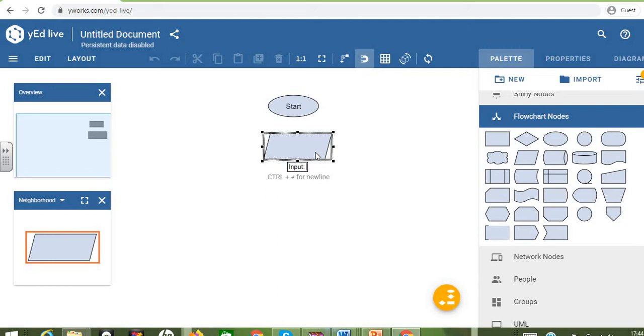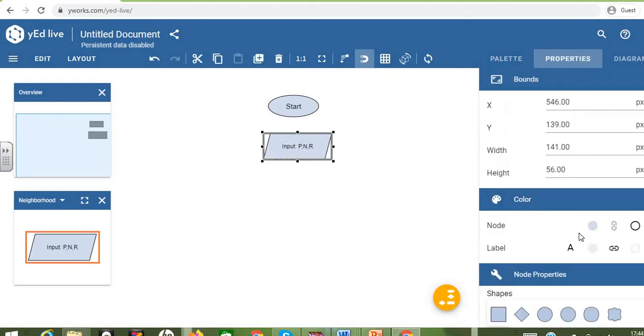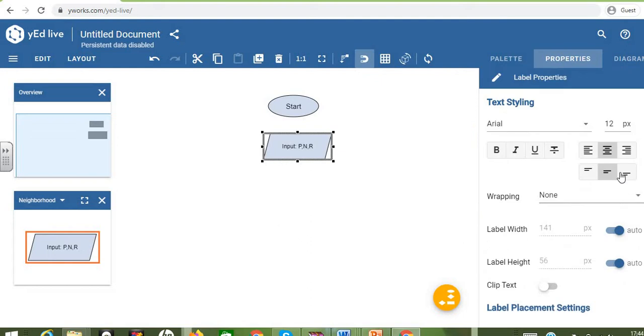Just like in the coding part, we need to initialize the variables. The same thing we are doing here, but instead of variable initialization, in this box I need to get only the inputs which are given to this particular process. My inputs are principal, number and rate of interest. These are the three inputs I will have for this particular program. Next, I need to increase the font size since it is very small.